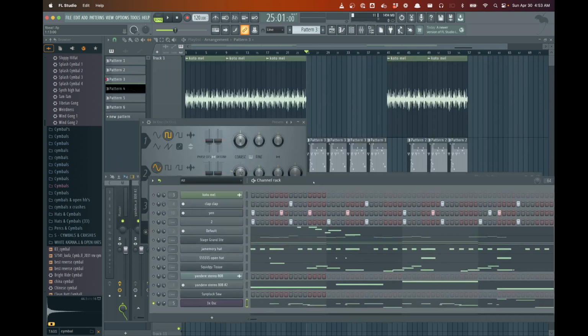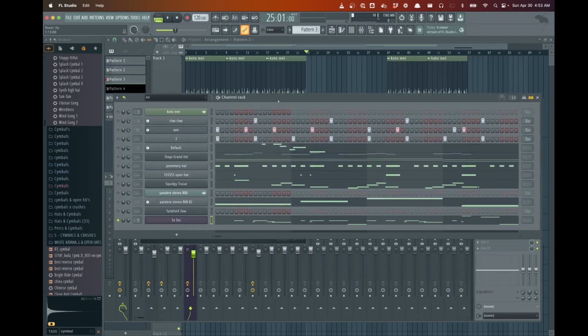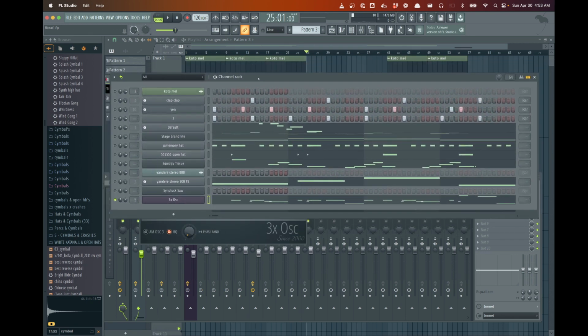One of the biggest things I now know is that there are some very handy shortcuts like Command L for automatically assigning all the different channels in a pattern to different mixer strips. I was doing this manually,